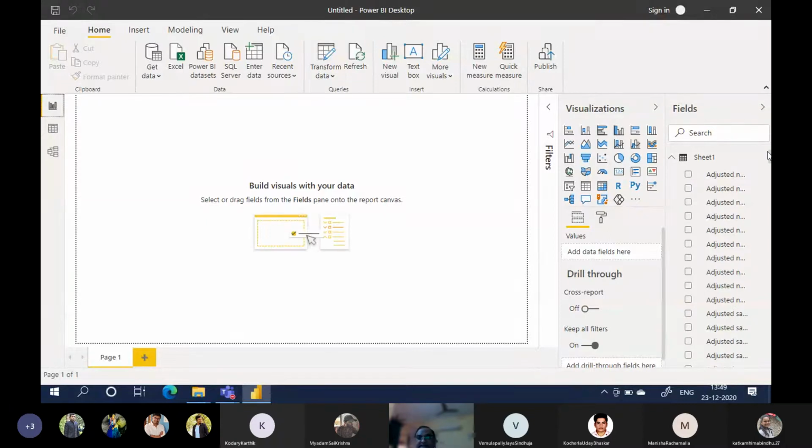Now you can see in the Fields category, all the variables are here. Lot of variables are there in this one.